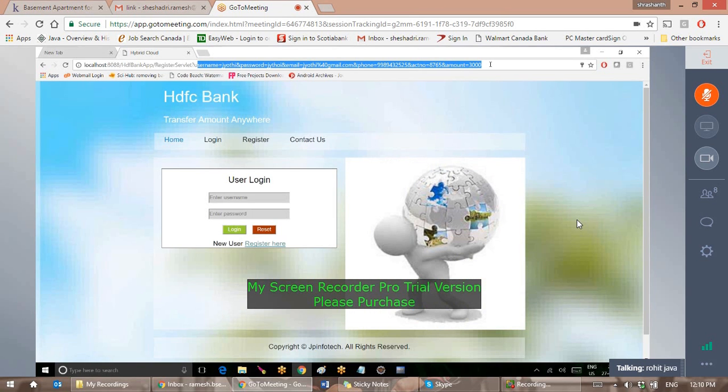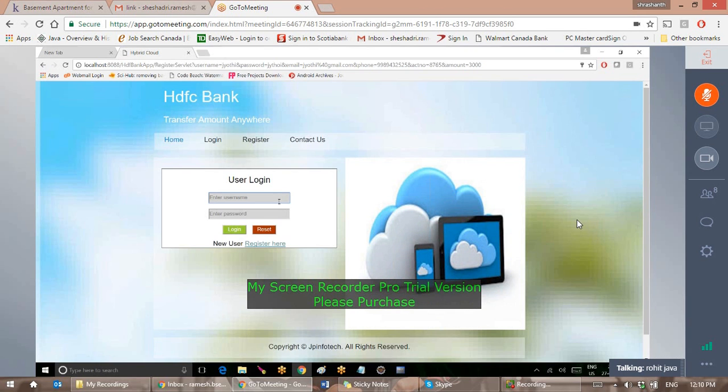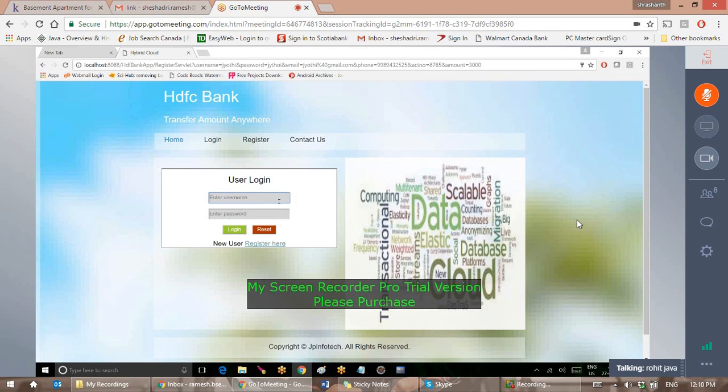So while sending the data, you try to use the post method. It's better. When you're retrieving the data, we can use the get method. It is suitable for that. Those two scenarios you have to keep in mind. And now what I'll say, I'll just say again,